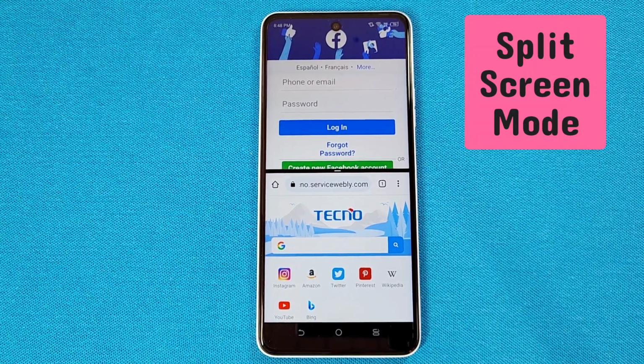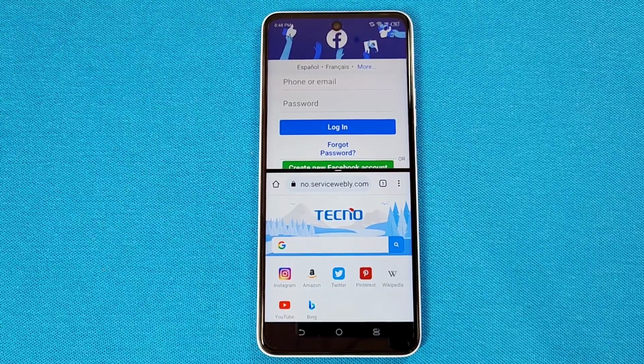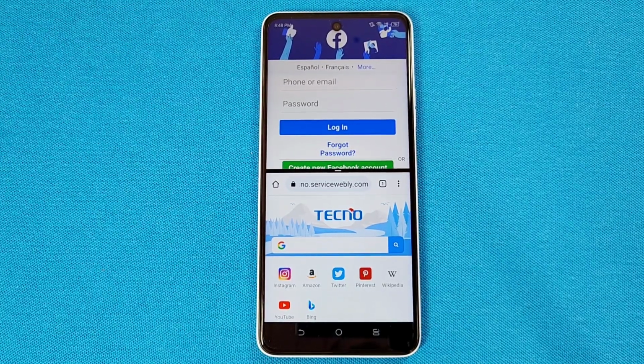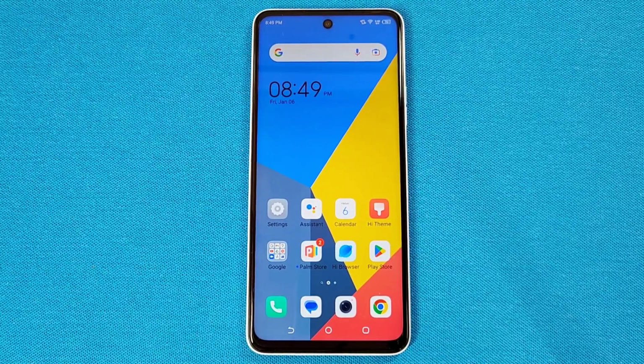How to enable split screen mode using two apps at the same time on your Tecno Camon 19 phone, Android 12. Let's get started. The best way to perform this action is, let's say you have an app open already